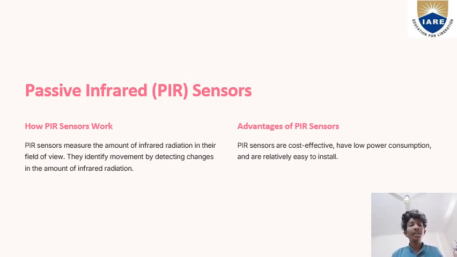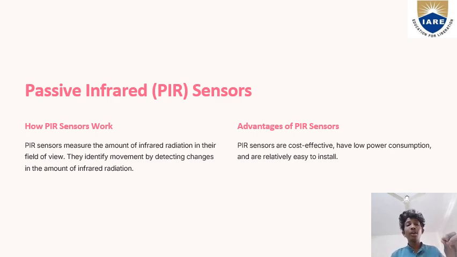All objects emit infrared radiation, which takes the form of heat. The PIR sensor has a sensing element, usually ceramic or polymer material, that detects changes in infrared radiation. Detection zone: the PIR sensor is designed to detect movement within a specific detection zone. Signal processing: when an object enters the detection zone, the PIR element detects the change in infrared radiation and